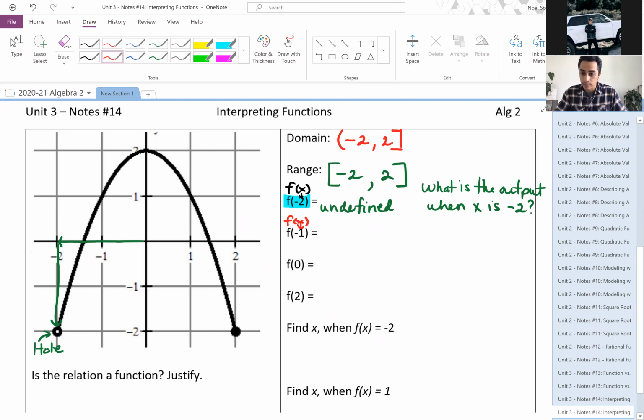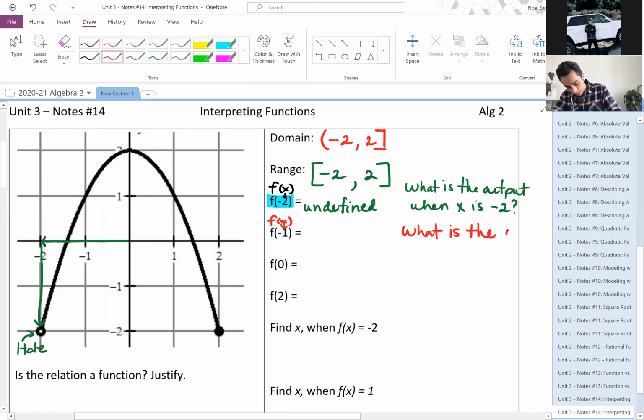Output. Correct. What is the output when x is -1? Okay. So they're telling us what x is. X is -1. We need to find what's the output, right? So translate it. We won't do this all the time, this is just for now to get used to what this question is asking me. Okay. So what is the output when